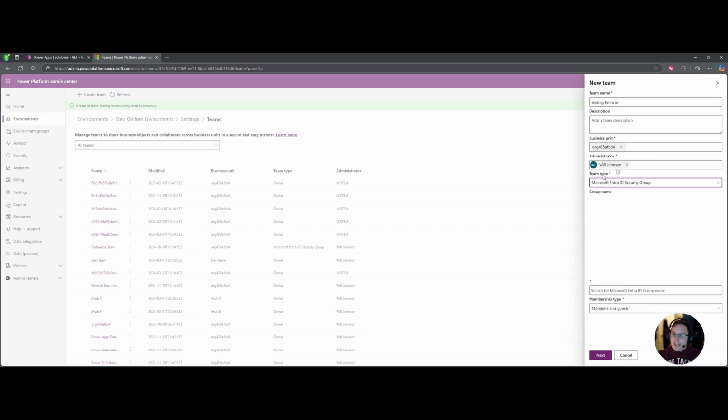Now you'll see that we get a slightly different view on this. Mine appears to be glitched out slightly, but you'll be asked to search for Microsoft Entra ID group name. Now I'm going to put in Dataverse. Right here is a security group that I have created in my Azure Active Directory / Microsoft Entra ID area, and I can basically turn around and go, right, anybody who's a member of that security group can just inherit